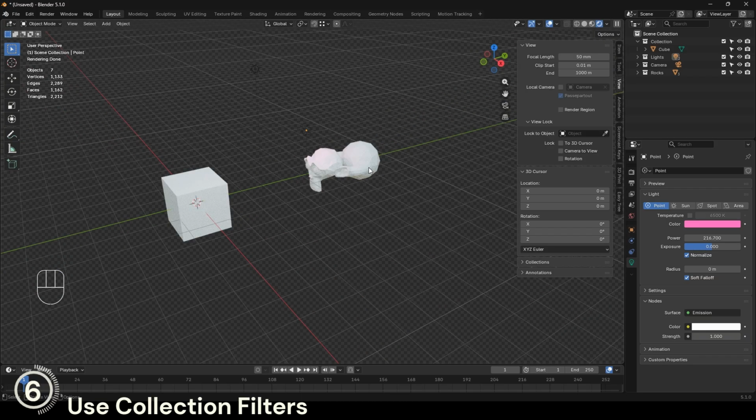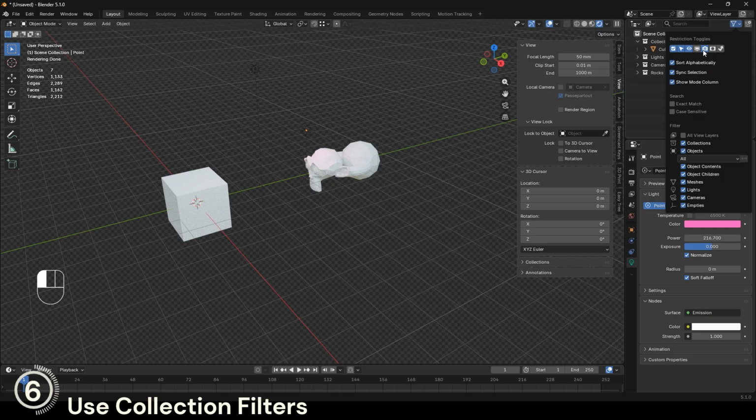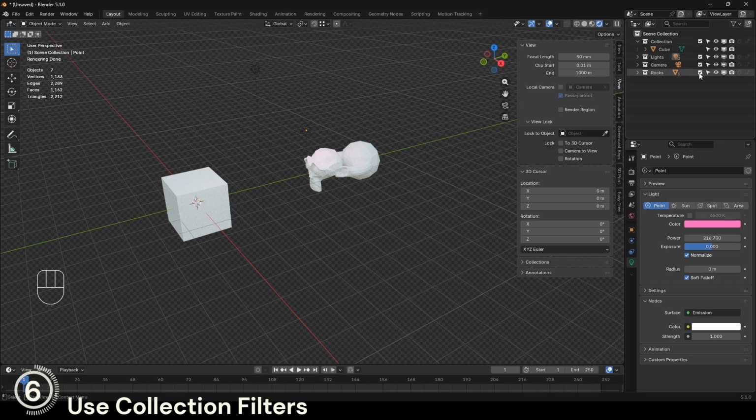So yeah, make sure you're aware of those, and there are more filters. So there's disable in viewports, there's holdouts, and there's even indirect. I won't go through all of them, but basically you'd think these two are the same. If you disable one, it disappears, but from my experience, this one doesn't actually do anything in terms of, yes,